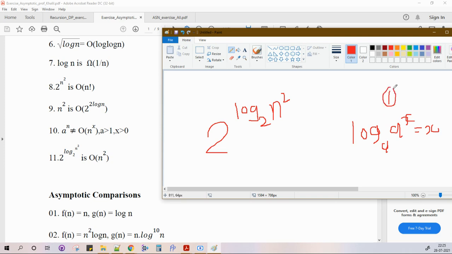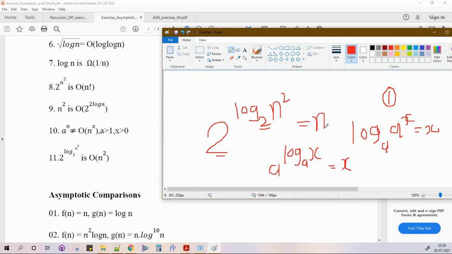So this is one identity that we need to remember, and this is the second identity. A to the power log base a x is also x. Intuitively, these two are similar. So a to the power log a x is nothing but x, right? So here we have the base a equal to 2, and here we also have base a equal to 2. The base is also 2, right? So this thing and this thing are similar.